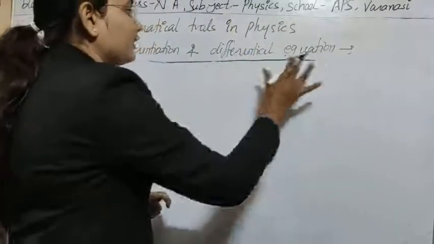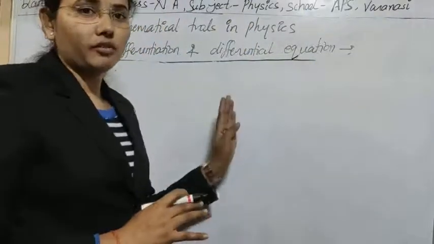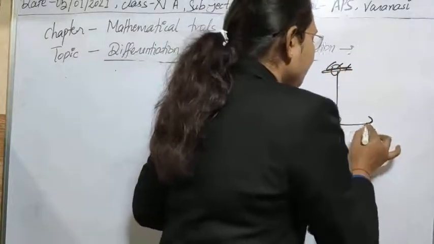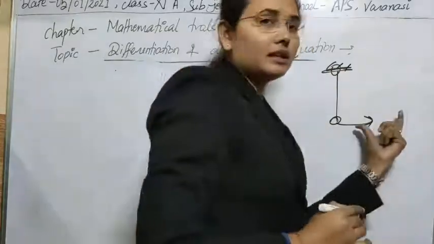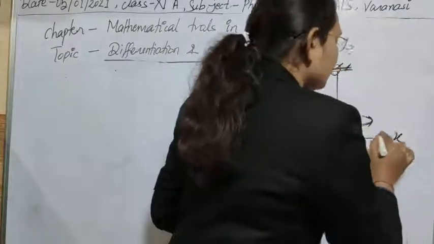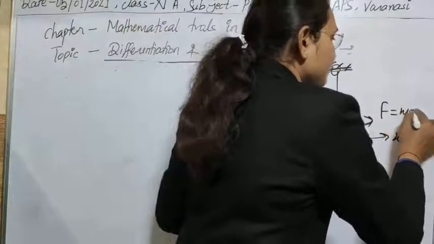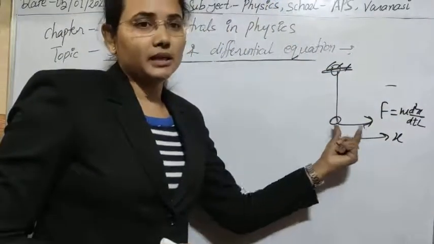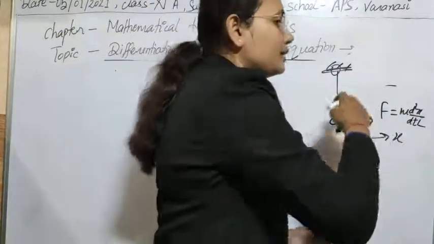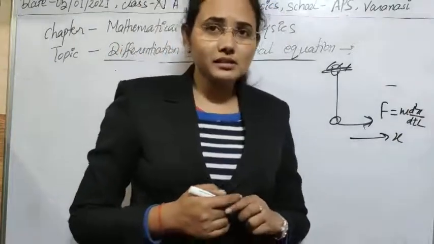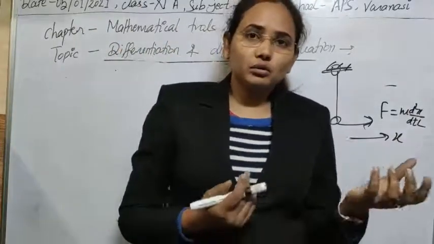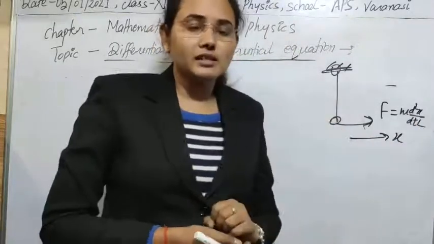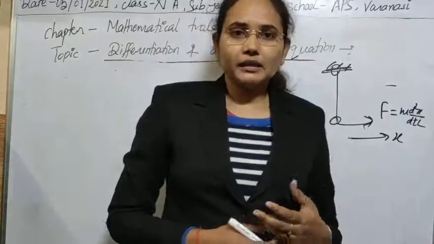So if you derive the formula of simple harmonic motion, first of all we have two types of forces. I just want to remind you here. If the displacement is in this direction, a force acts for this, equal to m d2x upon dt2 on the particle, if the mass of the particle is m. And you know that due to its elastic and inertial behavior, the particle tries to find its original configuration and restore its energy.